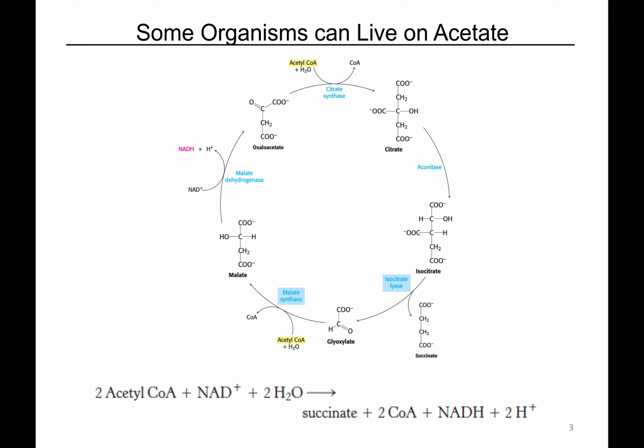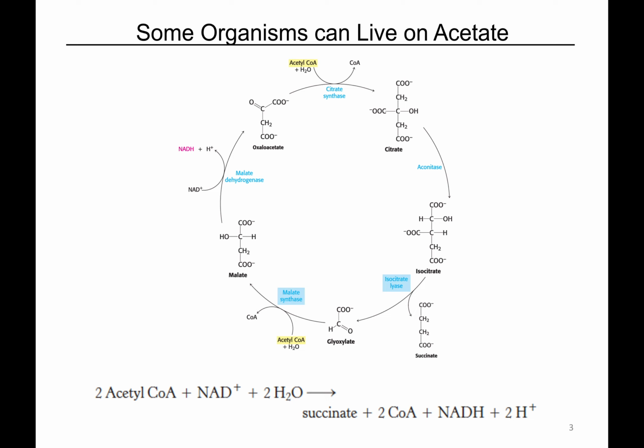And it's a cycle that's very much related to the TCA cycle. In fact, it uses a lot of the same enzymes. The idea here is that we take 2 equivalents of acetyl-CoA, so overall 4 carbons, and we pump them through this cycle and produce succinate. Succinate, of course, is a TCA cycle intermediate, so this succinate can then be used as a carbon source that can be funneled back into gluconeogenesis to make sugars. So the idea here is that it starts off exactly the same as the TCA cycle.